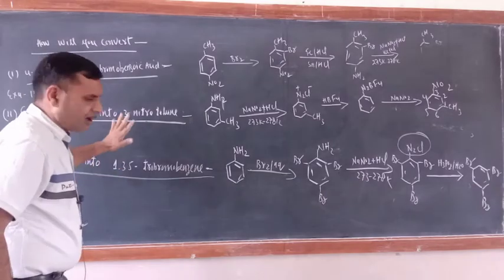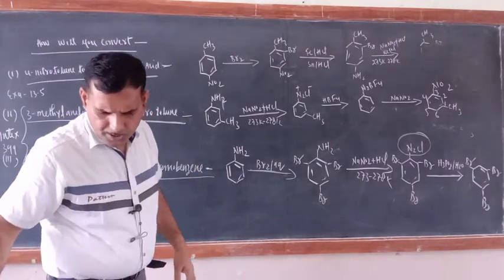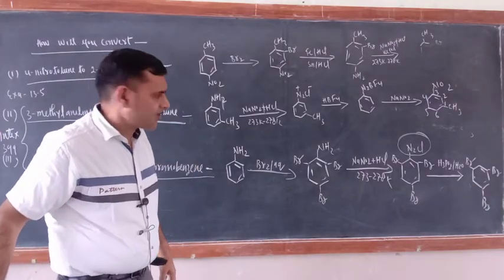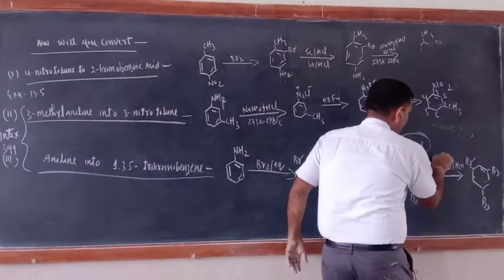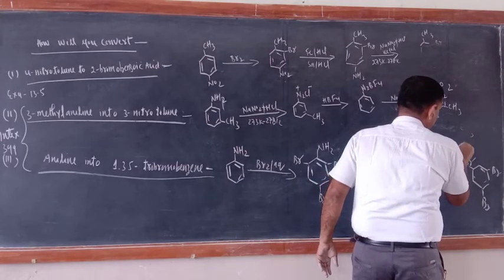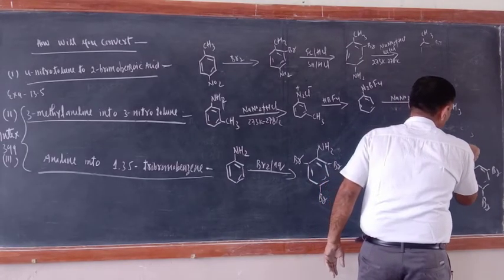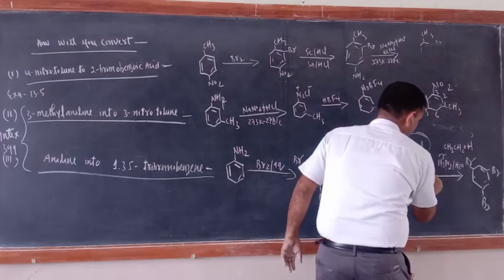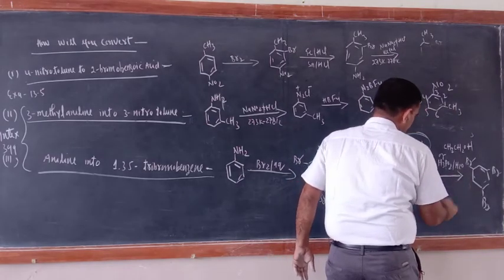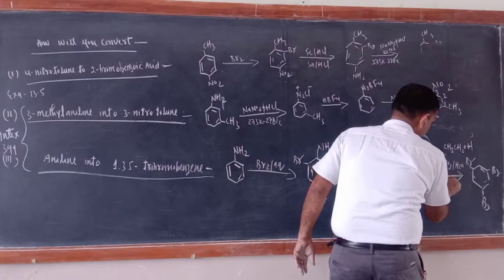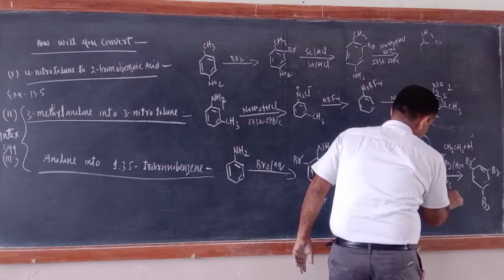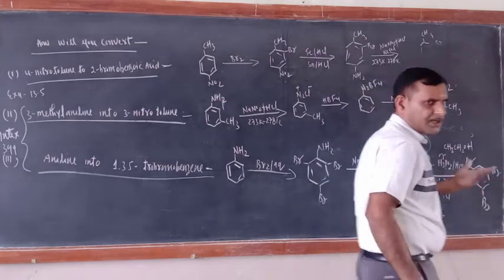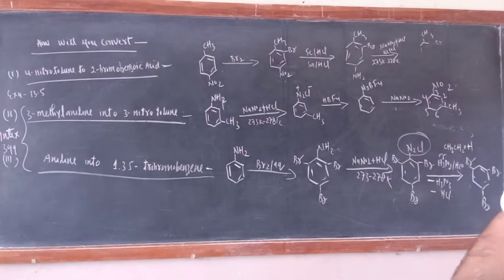In this way, all the conversions and this unit are completely completed. Now in place of this one, if you are having a problem, you can take CH3CH2OH also. Now here you can write the remaining product. So here the product would be H3PO3, and then HCl would be there, like that. So these are the conversions. In this way, the unit is also completely completed.